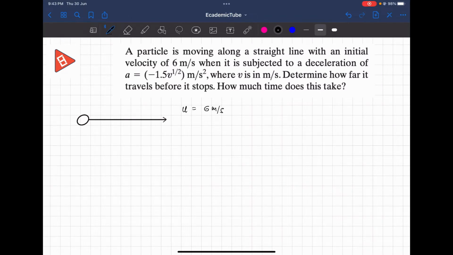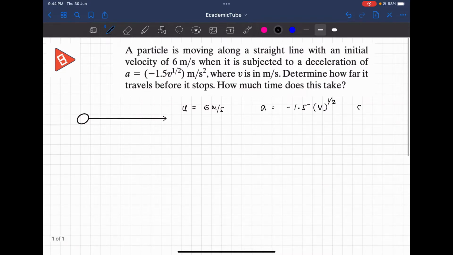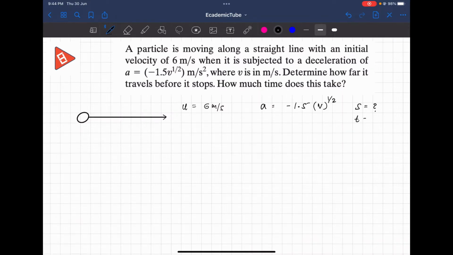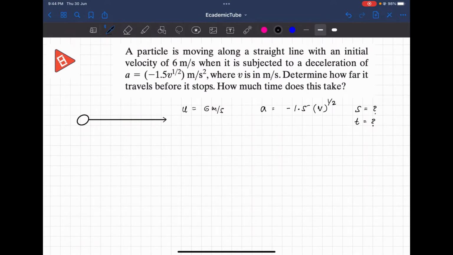Now it is given a deceleration, minus 1.5 v to the power 1 by 2. So we need to find the distance s when it will stop, and how much time it takes to stop. Okay, so for this we will first write,